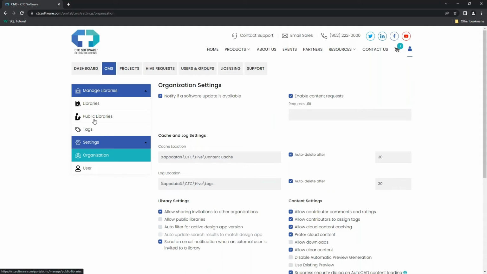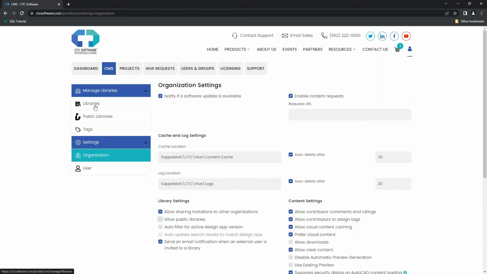Companies who are building products, manufacturers who make products and provide Revit content for designers to consume and use, will want this checked. Most design companies out there, if you're an architecture or engineering firm and you're doing design, you almost certainly do not want to accidentally share your libraries with the world. You probably don't want that. So I would recommend unchecking this or leaving it unchecked if it is already unchecked, so that you can't accidentally take one of your discrete libraries that you make